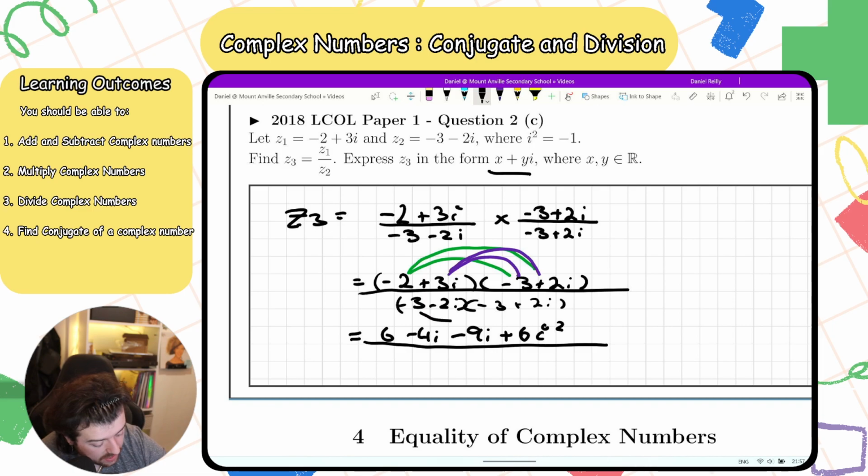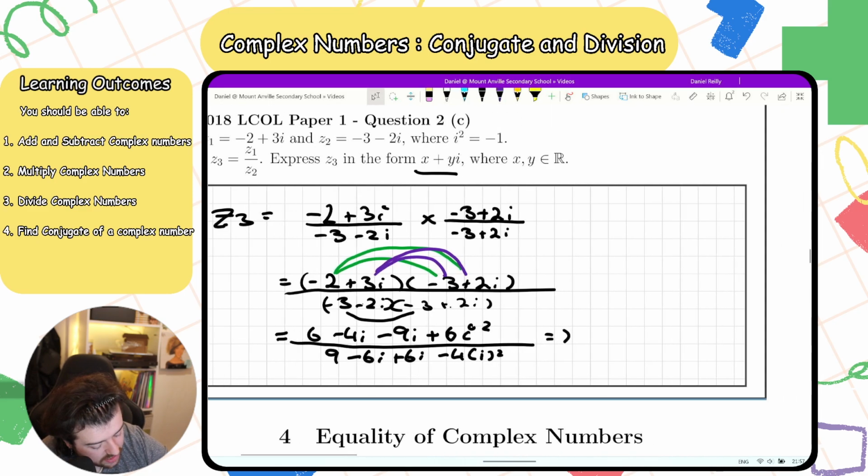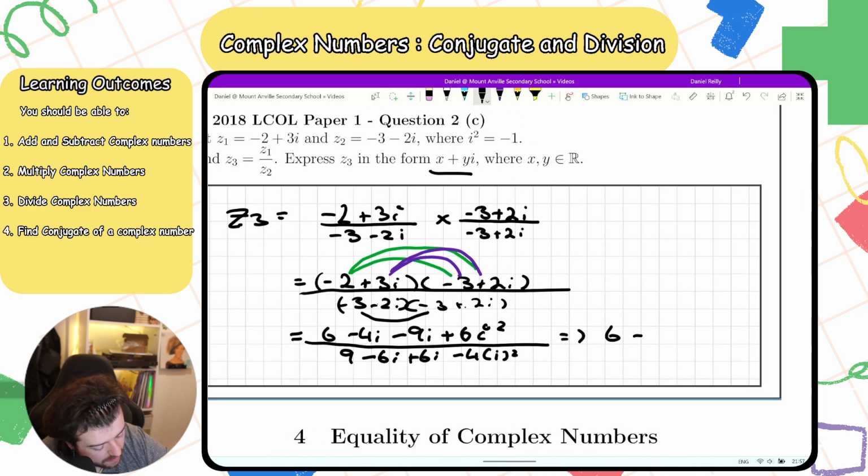All over minus 3 times minus 3, which is 9. Minus 3 times 2i, which is minus 6i. Minus 2i times minus 3, which is 6i. Then minus 2i times 2i, minus 4i squared. So my top here is going to be equal to 6 minus 13i minus 6, all over